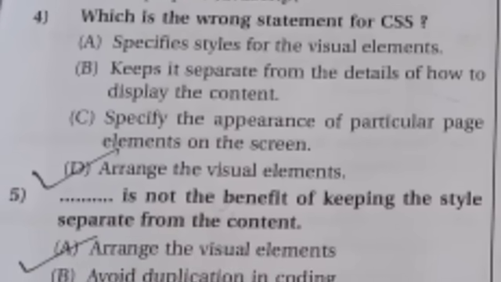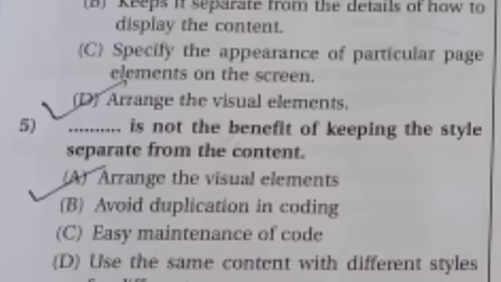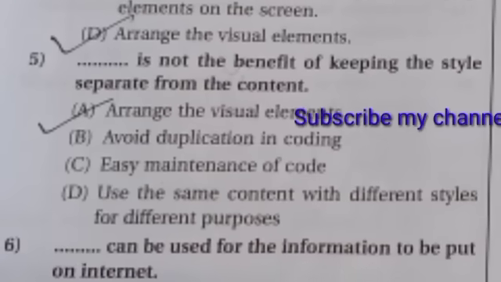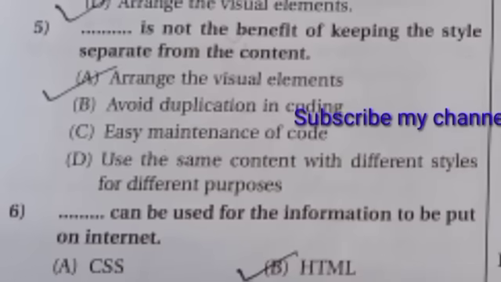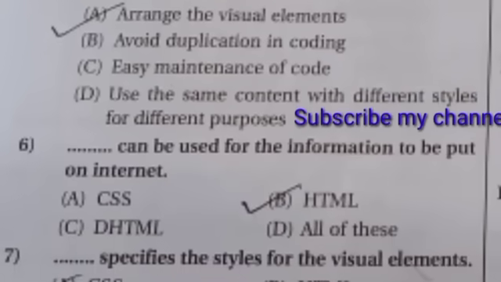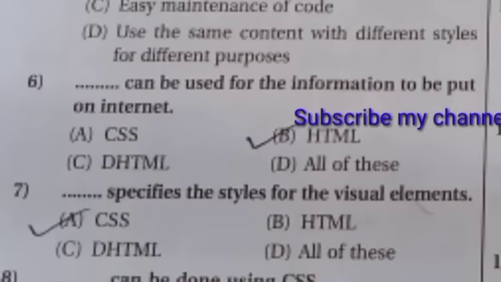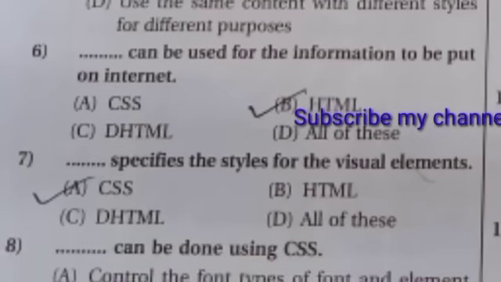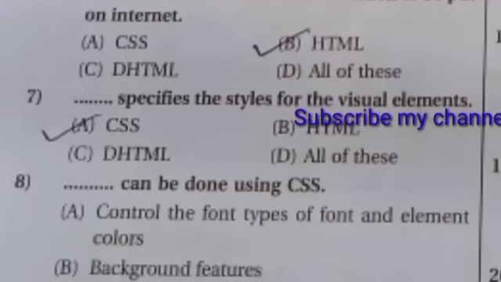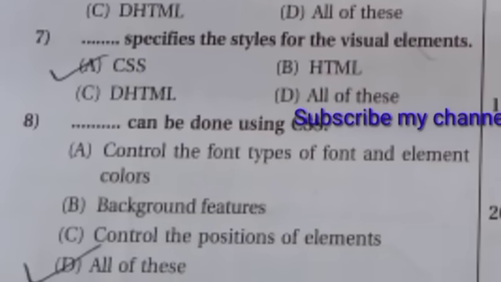उसके देखिए, विच ऑफ द रॉन्ग स्टेटमेंट ऑफ CSS? तो डी आंसर है अरेंज द विजुअल एलिमेंट्स. फिफ्थ, डैश इज़ नॉट द बेनिफिट ऑफ कीपिंग द स्टाइल सेपरेट फ्रॉम द कंटेंट. तो ए आंसर है अरेंज द विजुअल एलिमेंट्स. सिक्स देखिए, डैश कैन बी यूज्ड फॉर द इंफॉर्मेशन टू बी पुट ऑन इंटरनेट. तो बी आंसर है HTML. सेवेंथ, स्पेसिफाइज द स्टाइल फॉर द विजुअल एलिमेंट्स। ए आंसर है CSS। उसके बाद 8 देखिए, डैश कैन बी डन